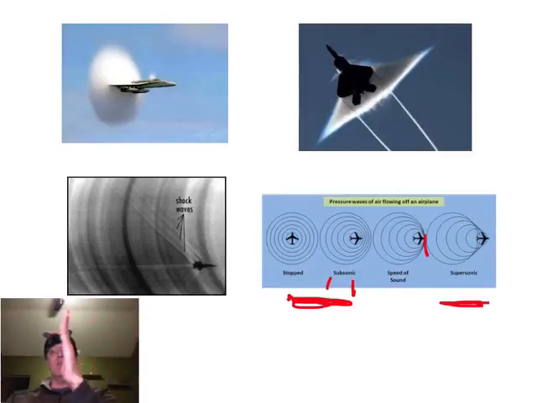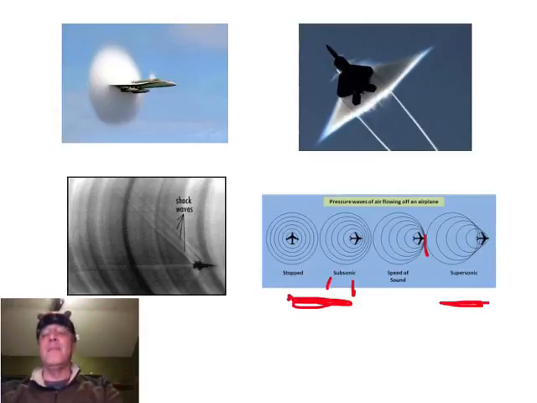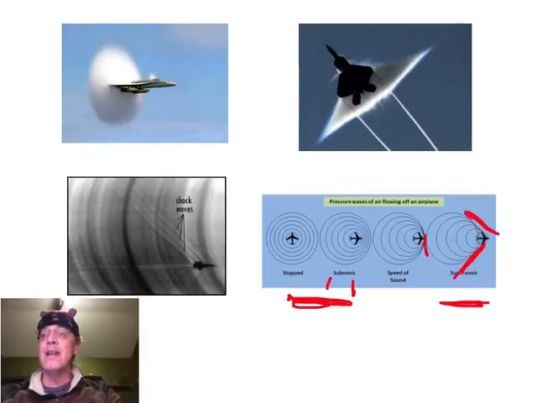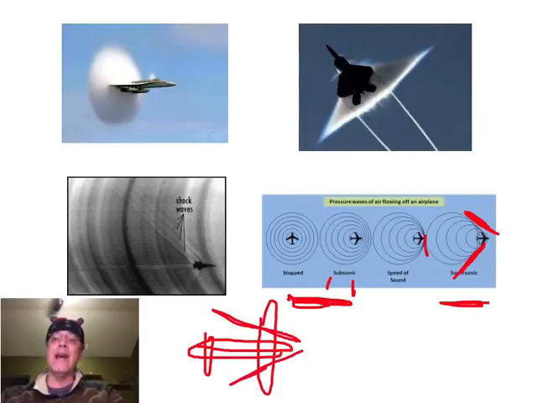So as you get closer and closer to the speed of sound, it gets louder. But when you go through the sound barrier, the sound all goes away and it's nice and smooth. There was one problem though, because as these waves are building up, you still get a little pressure wave. It looks like that. And so the shape of a regular plane at the time they were breaking the sound barrier was like this. And what happened was you get the pressure barrier like that, and so it ripped off